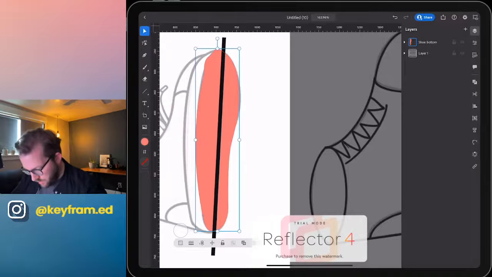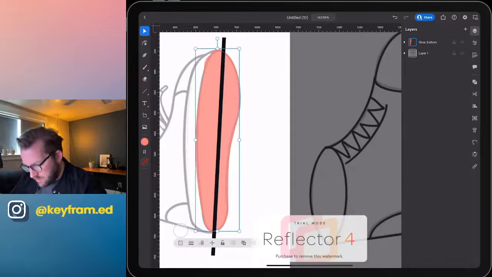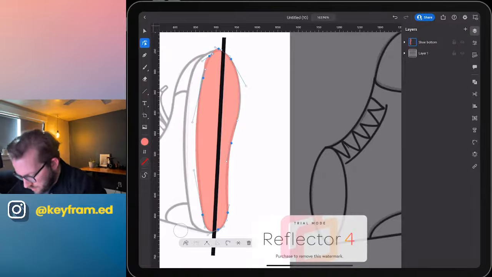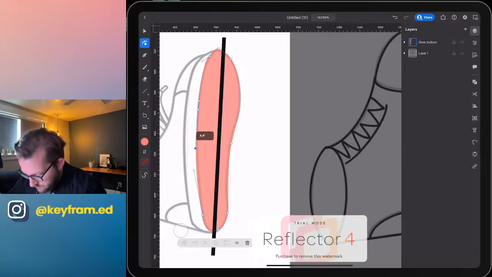And if you want, you can actually turn down the opacity so you can see what you're doing and what you're tracing. Oops. Having a hard time with that. Okay, I moved this point down because I kind of want it to correspond to this one. Not super crucial, but